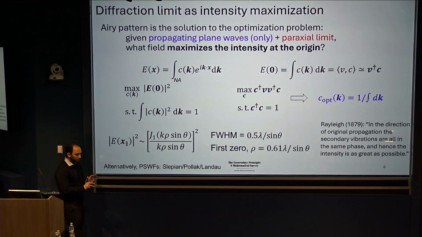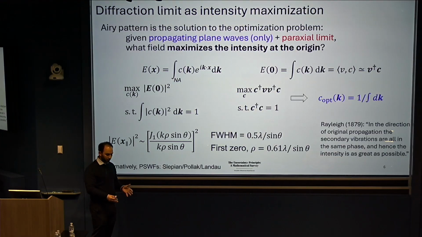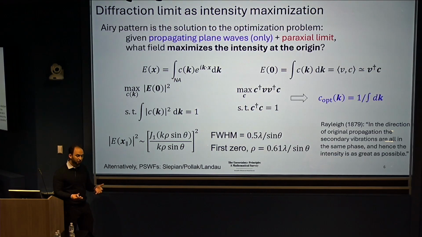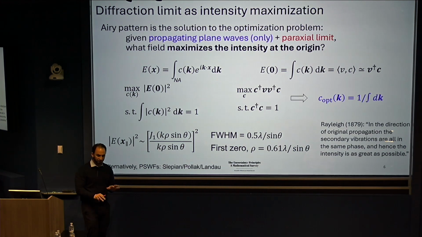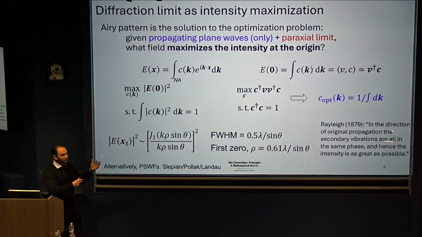There is a beautiful literature on prolate spheroidal wave functions. And so another version of optimization problem that the Airy pattern maximizes has to do with maximally localized waves with localization measured as some variance of the wave pattern subject to intensity. For a few reasons that I won't go into great depth here, these type of techniques are hard to translate to full vector spherical waves, to real apertures that one might have access to in experiments, and particularly to complex media. And so I'm not going to talk more about that today. There are a lot of interesting parallel results in that literature, especially in one dimension.